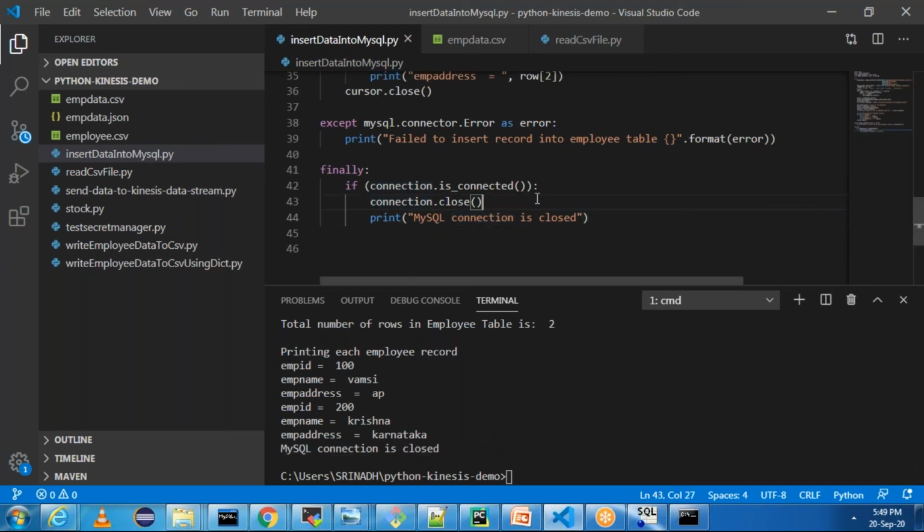In the next video, we need to run this code in the Lambda function, but for that, the Lambda function needs a layer for the MySQL connector. Without a layer, the Lambda function does not work. I will explain that part, and I will show you the error, how to create a Lambda layer, and how to make the same code work in Lambda layer. We will see in the next video.